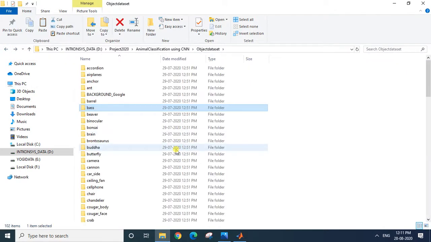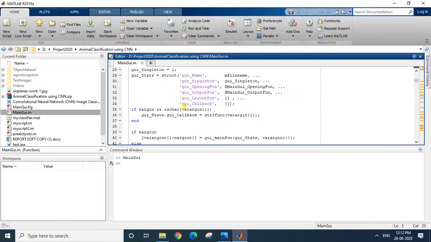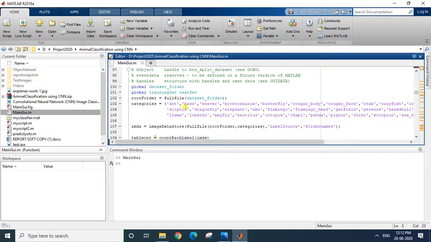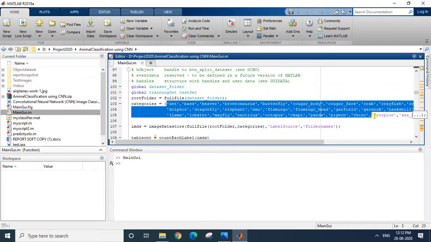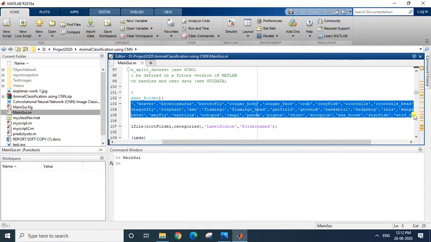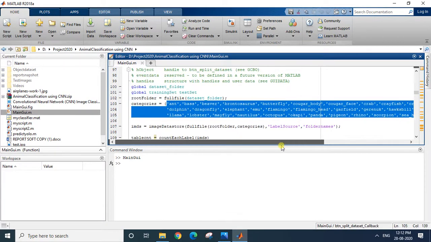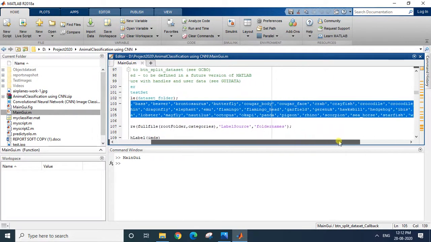Now, I have not taken all the data sets for training. I am specific with animal data sets. For example, if I go to the code section and go down, see here, I have selected only animals and sea animal datasets like ant, bass, beaver, brontosaurus, butterfly, jaguar, elephant, crocodile.